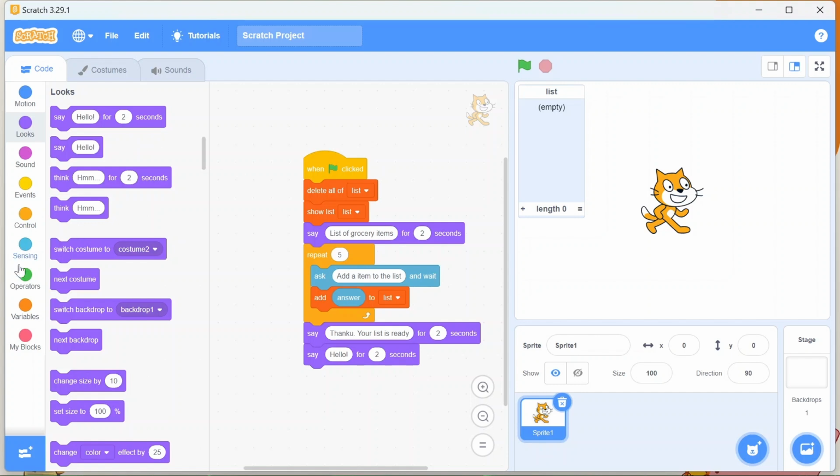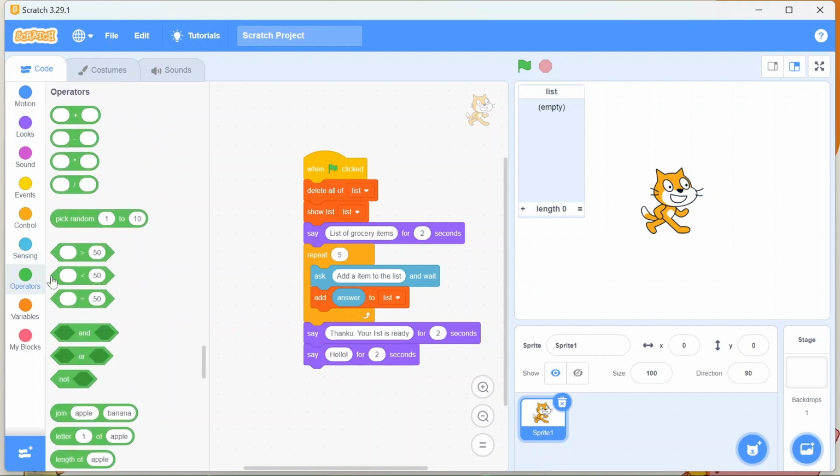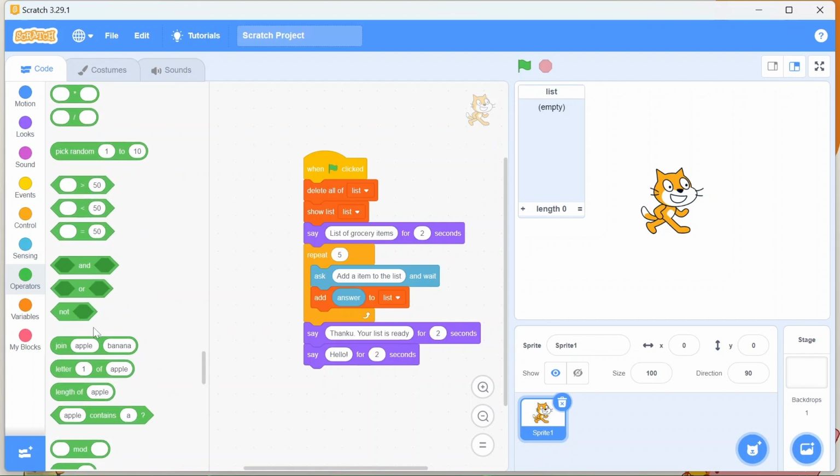We will go to this operators block, and here we have this option of join, right? So we will use this. The list contains the following items.